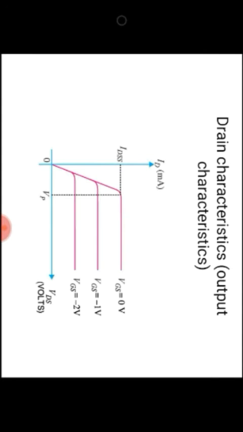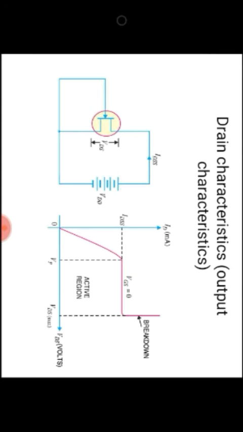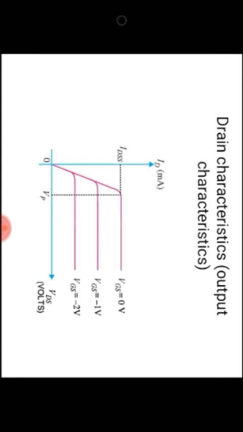Okay, further we increase the VGS on the negative side, suppose VGS equal to -2, again your depletion layer is increased and your channel width is also decreased. Okay, so your maximum drain current, see in this figure, if we further increase the VDS above the VDS maximum, your transistor JFET may break down.